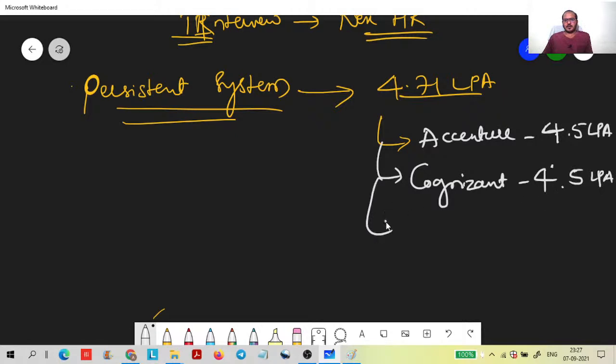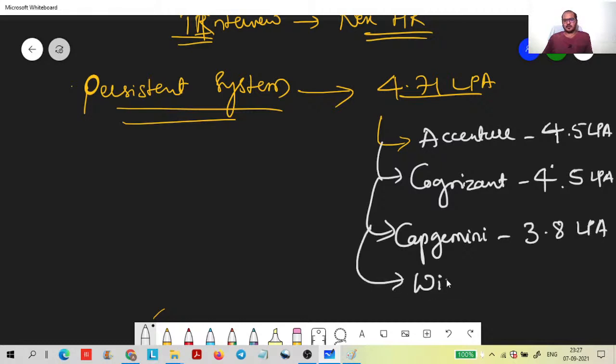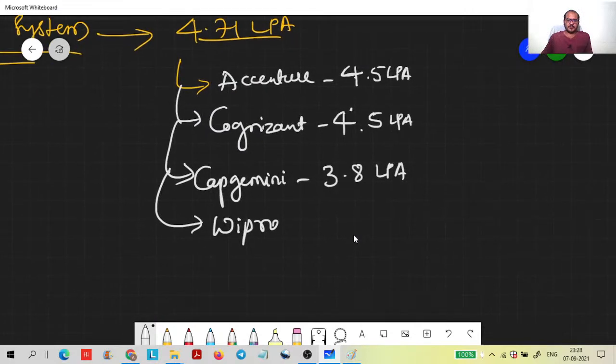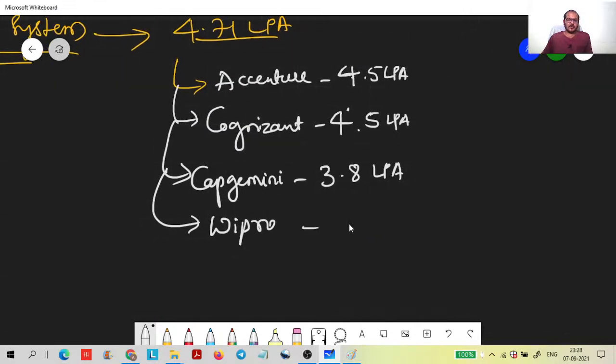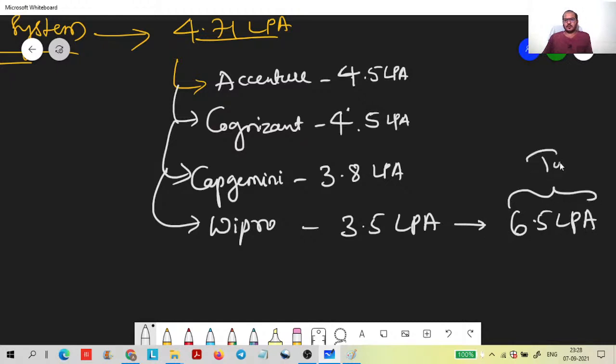Then Capgemini 3.8 LPA. Then Wipro also. Wipro they are providing 3.5 LPA, and you can reach up to 6.5 LPA for the turbo option, and